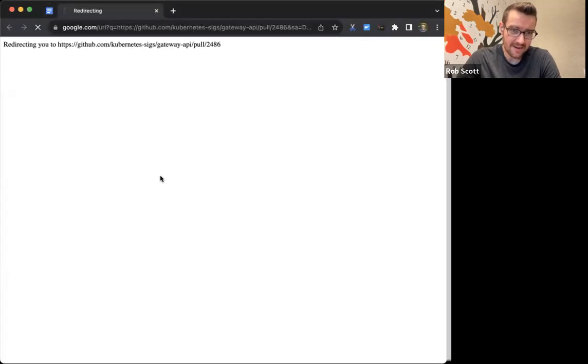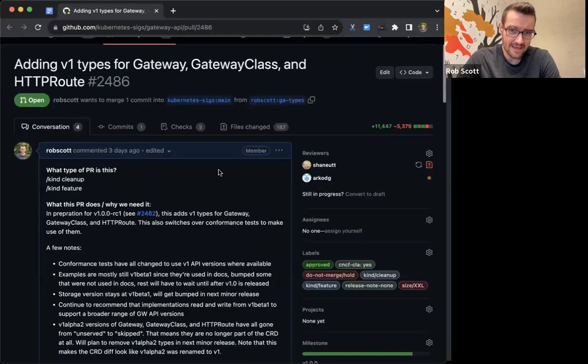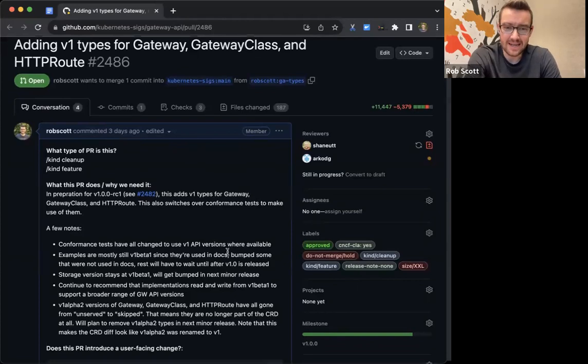Next up, this is maybe probably the biggest PR in a while. This is adding the V1 types, the part that actually formally graduates Gateway class and HTTP route to V1. There's a lot of changes in here.